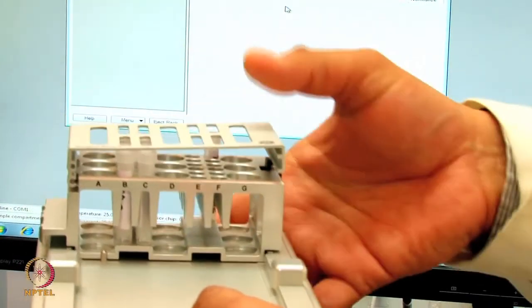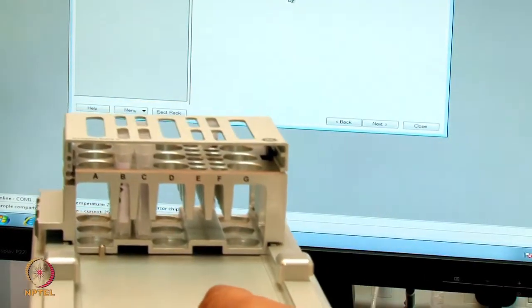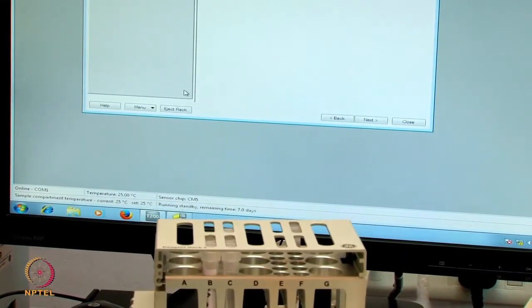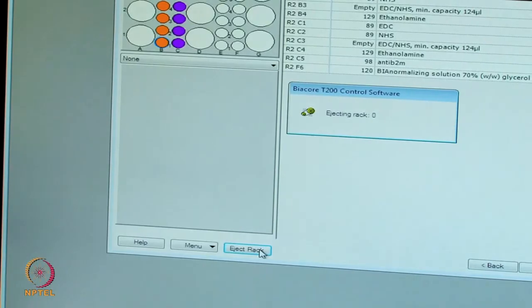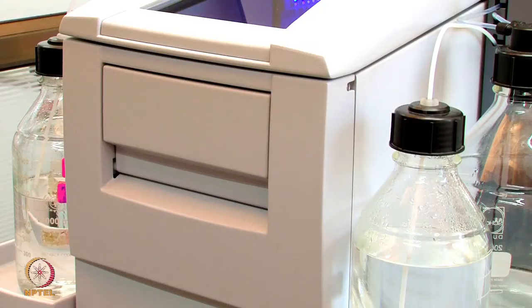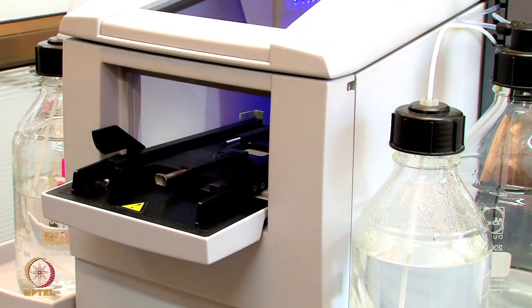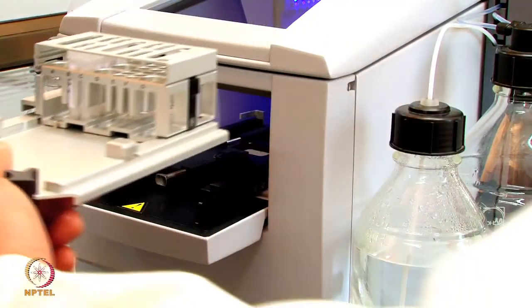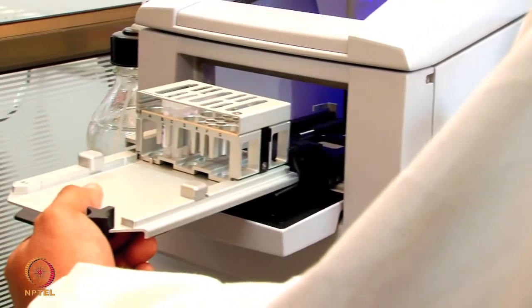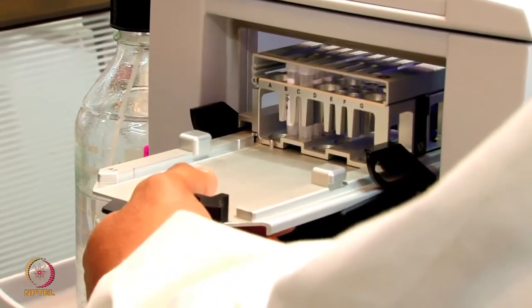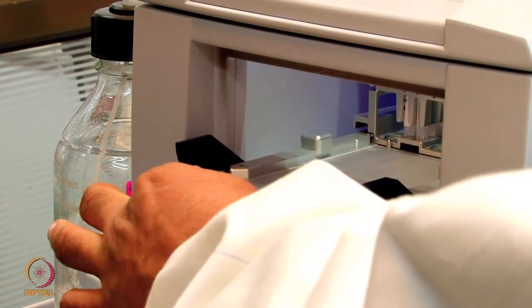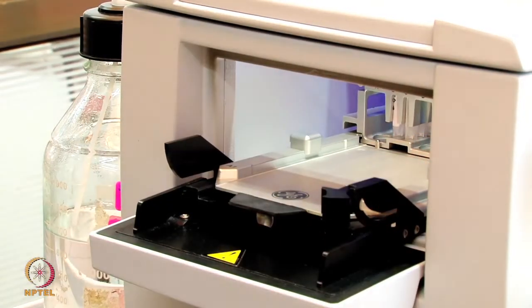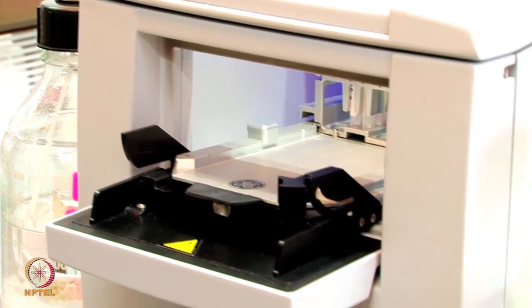We close the door this way and go on the screen here. We eject the rack. We will insert the rack into the sample compartment this way and we need to lock it inside, and then go on the screen.